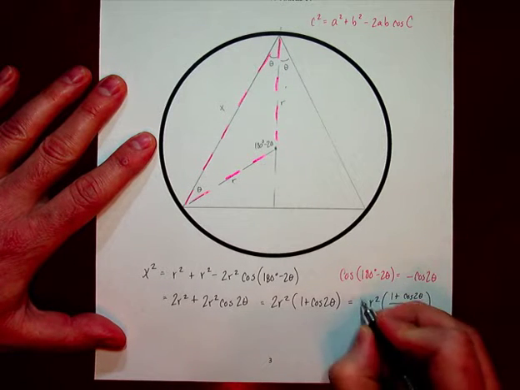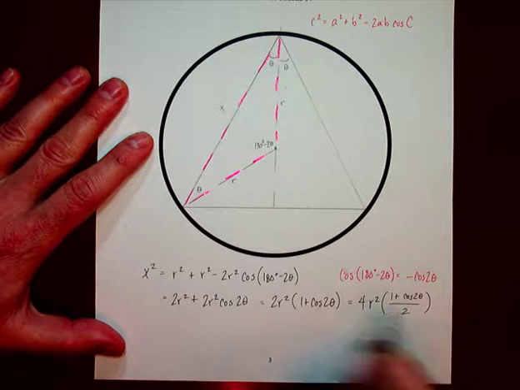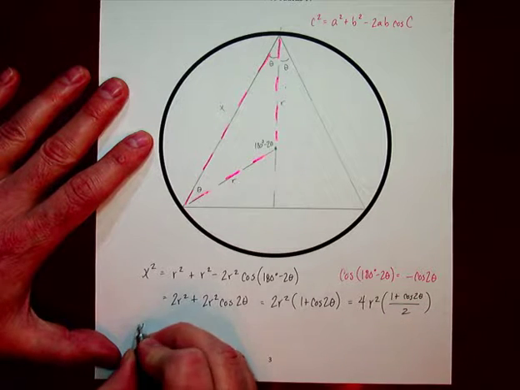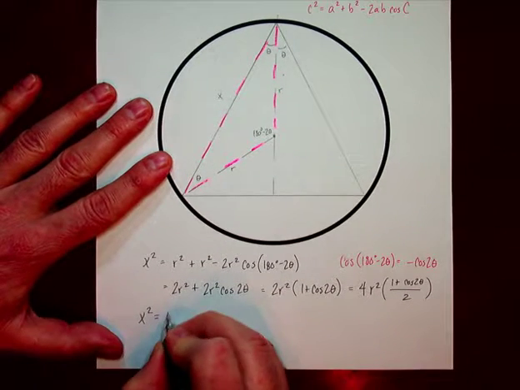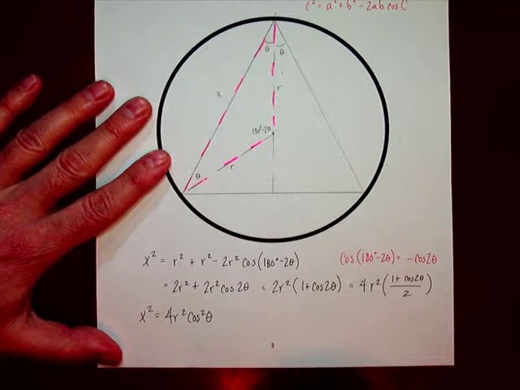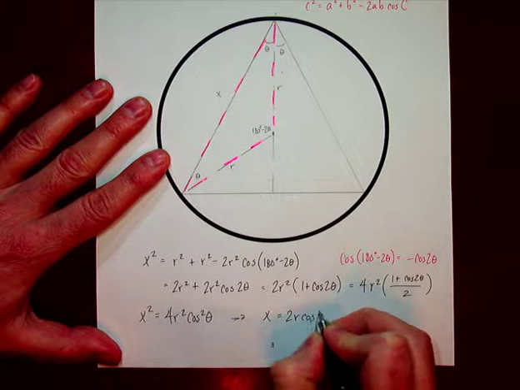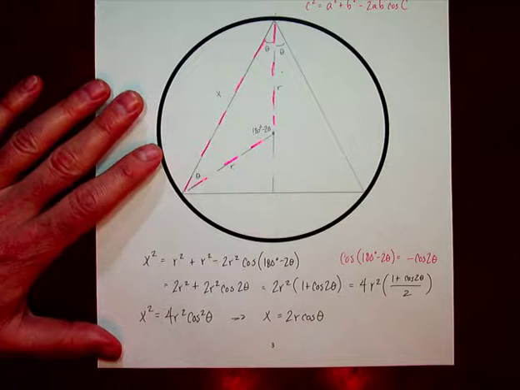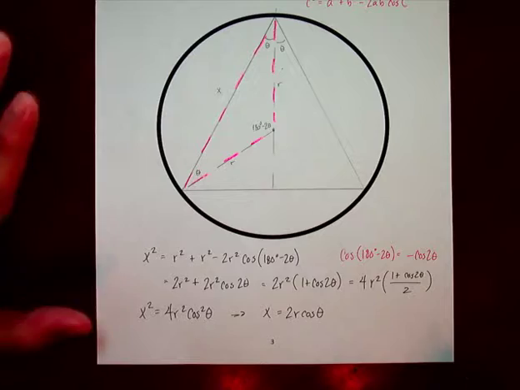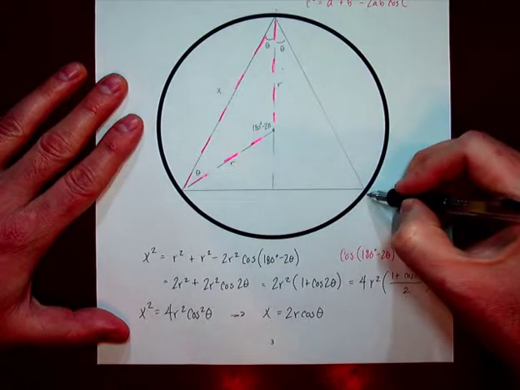Well, if I divide by 2, I need to multiply by 2. That right there is going to be cosine squared of theta. So all of a sudden you have x squared is equal to 4r squared cosine squared theta. And that means that x is equal to 2r cosine theta. Okay, well, that's awfully nice. That means that I now have this side in terms of theta, this side in terms of theta,